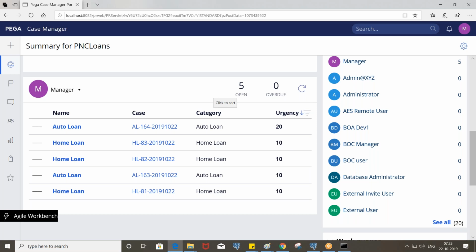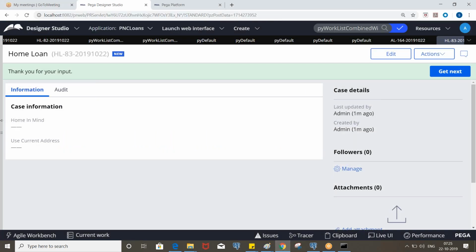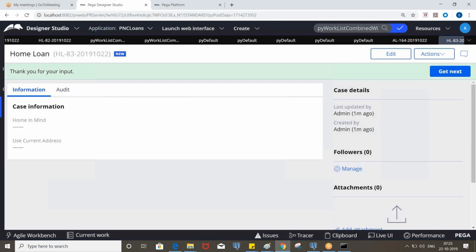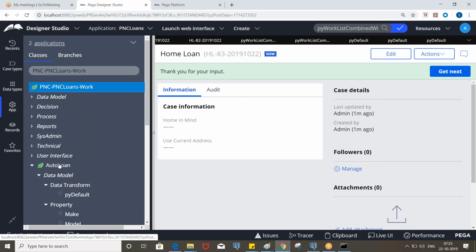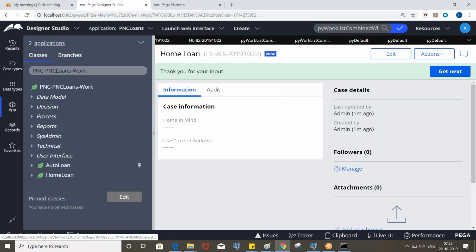clear? So now let's come to the manager SLA. Okay, this is just where we define urgency. So urgency defines the priority of an assignment. Okay, so we have an SLA rule that can be configured on the assignment.